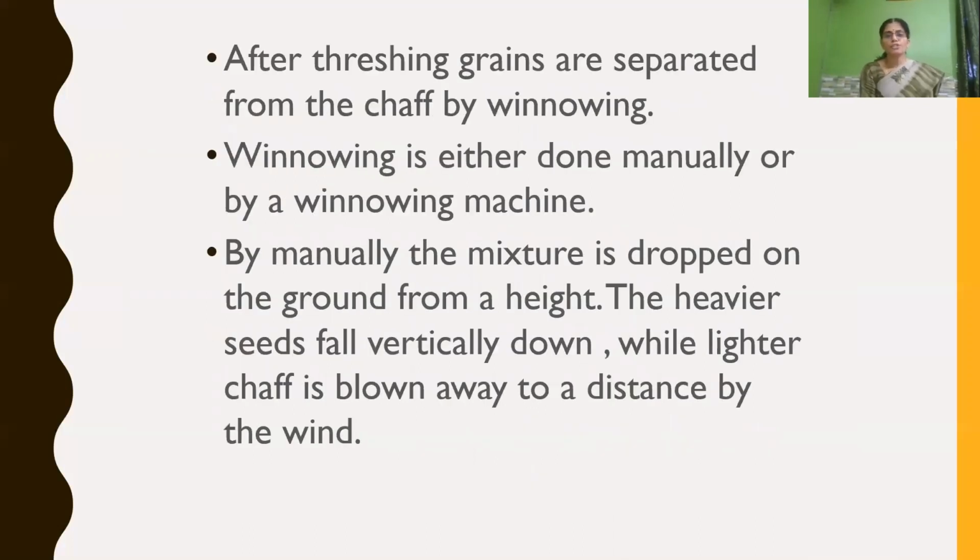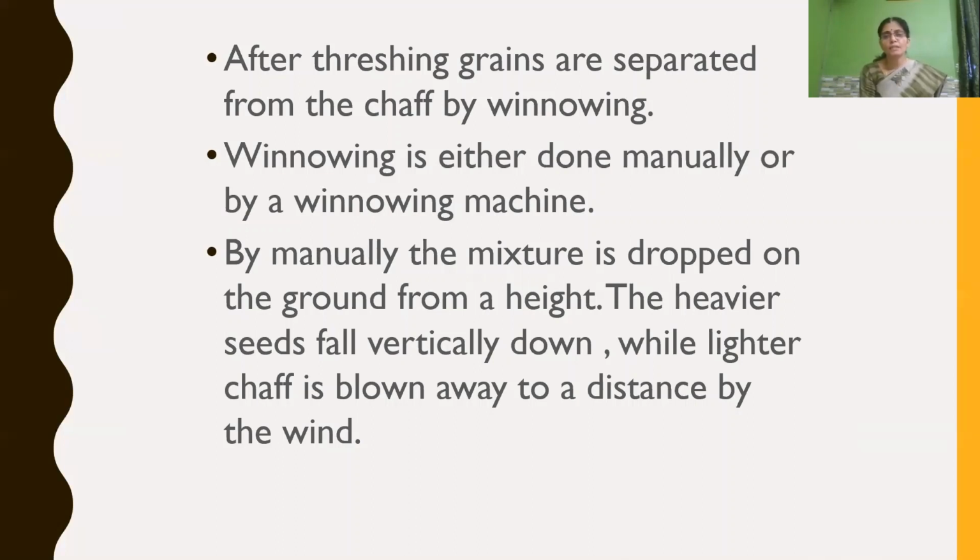And after threshing, now grains are separated from the chaff, the outer covering of the grains. You can see that paper-like transparent covering of the grain, that has to be removed. And these grains are separated from the chaff by a method called winnowing. So winnowing